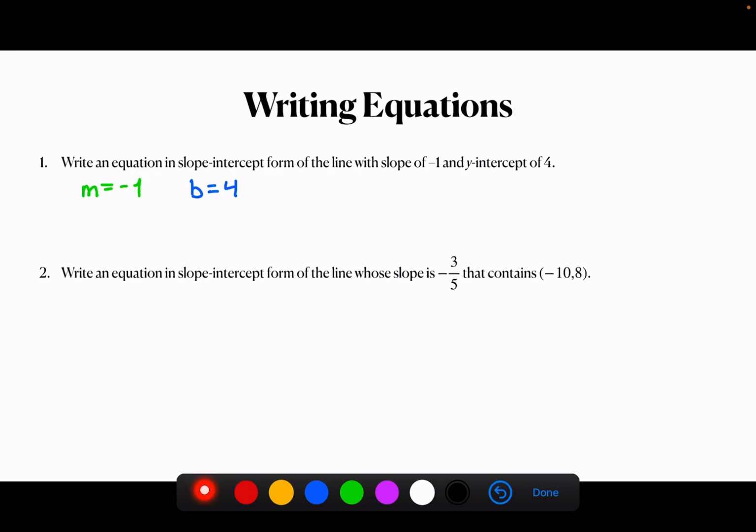And so since we have the slope and the intercept, we're going to be using the slope-intercept form, which essentially is y equals mx plus b. And so we're just going to say y equals, and our slope is going to be -1, x plus